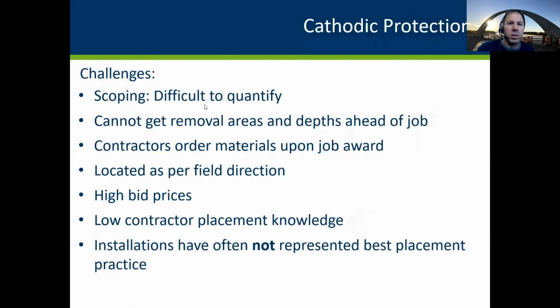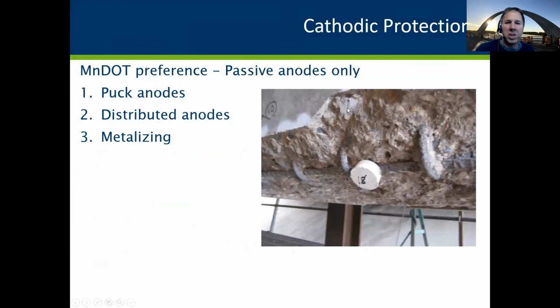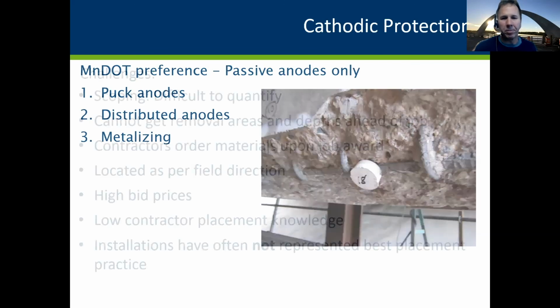Okay. So it's zinc in a mortar shell that makes that zinc want to corrode. And there's wires sticking out of there that hook up to the reinforcing steel. So instead of the steel continuing to corrode, you get the internal zinc in that mortar shell to corrode. There's other anodes out there, such as distributed anodes and metallizing. What you're seeing in the picture is a puck anode, we call it. They have different shapes out there, but basically a small discrete anode is what I'll call a puck.